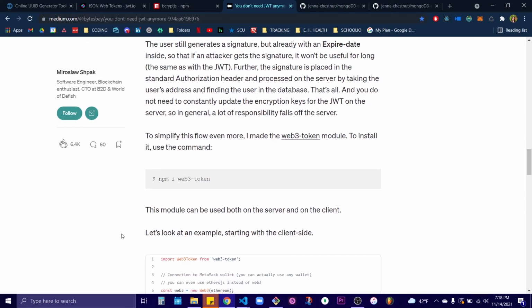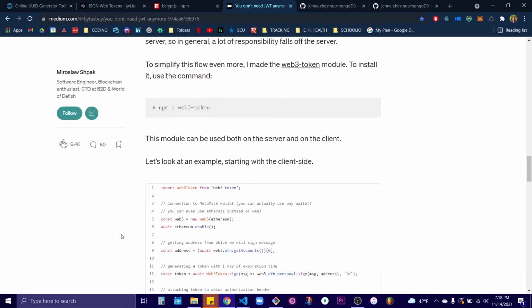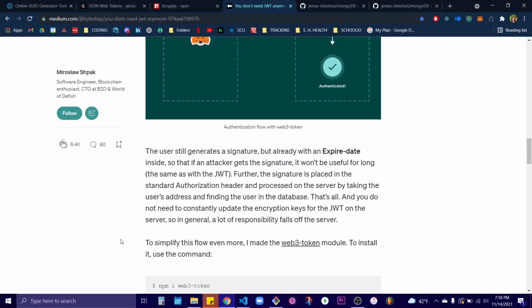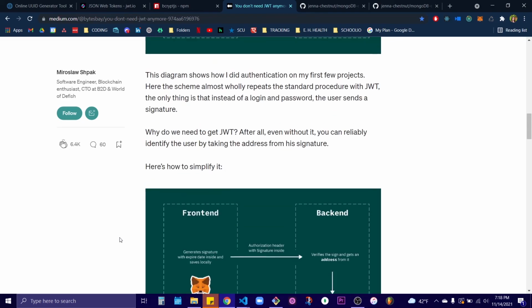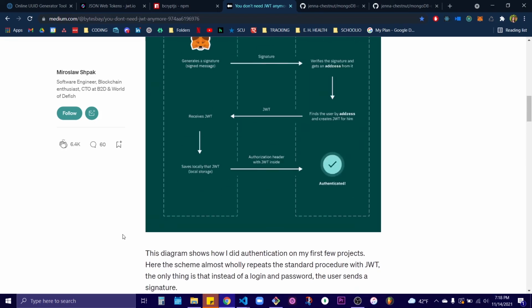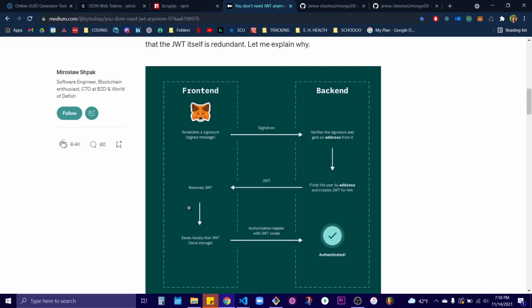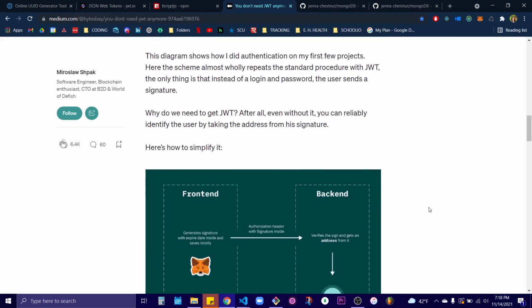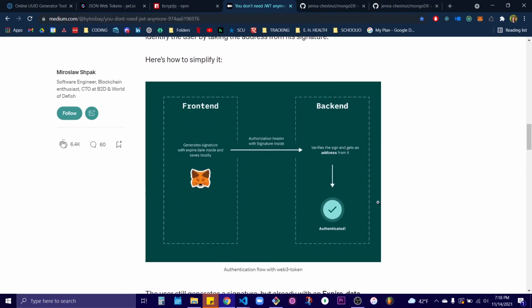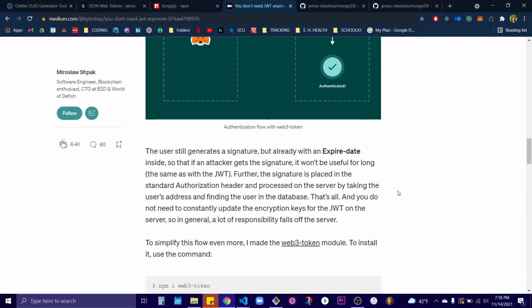I just wanted to add this to the end of the video because I think that it's just so fascinating to me that I do think we're at the beginning of simplifying this type of stuff, because in lieu of doing all this roundabout stuff to protect it, the person can just be like, hey, here's my wallet that you can actually look at. Yeah, so